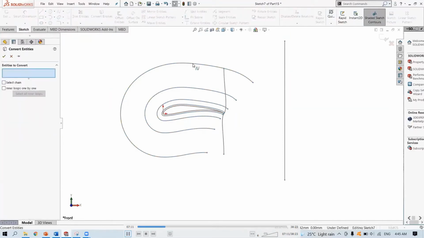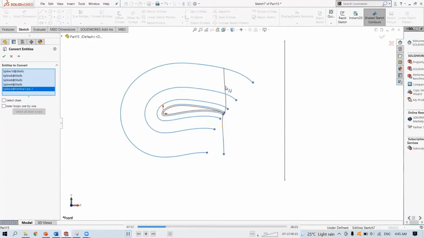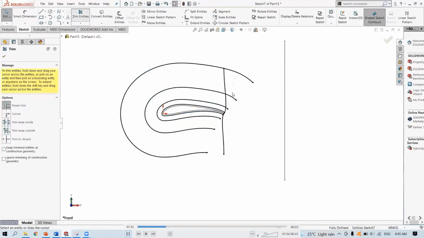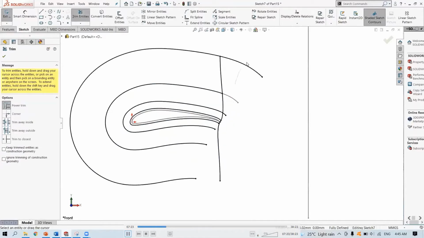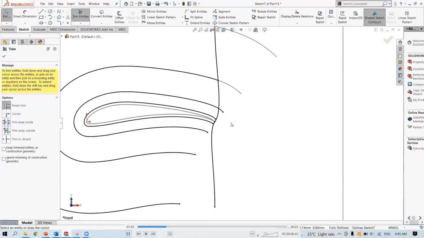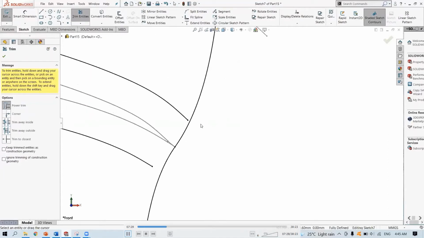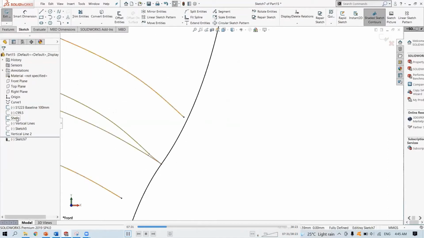From plane, convert entities. Now I want to extend the shell so that it intersects with the guide curve. Just remove the excess. Be careful with the ones like this. It's very close. You may miss it. So just extend this.